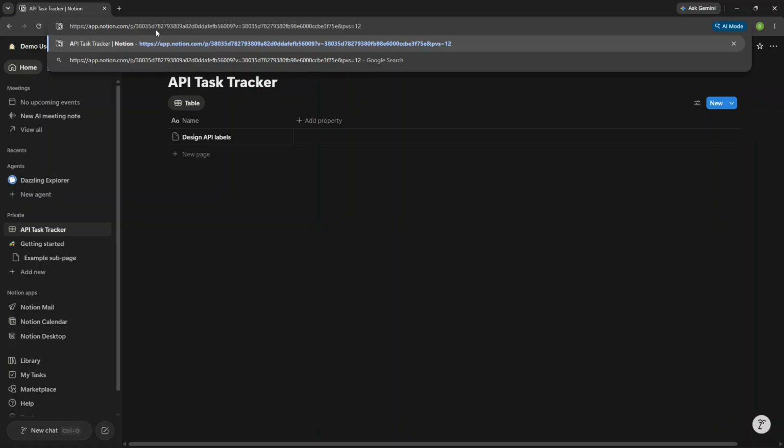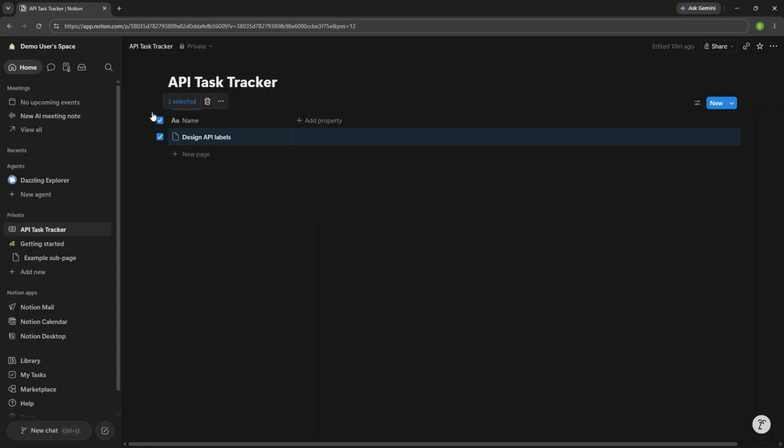Once you have located the correct 32-character segment, go ahead and copy it. You will need this copied value if you plan to paste the database ID into another tool or integration. And that brings us to the result. You now have the Notion database ID for the database page that you opened. To recap simply, the database ID is the 32-character segment pulled from the database page URL, and you can now use it wherever you need it,